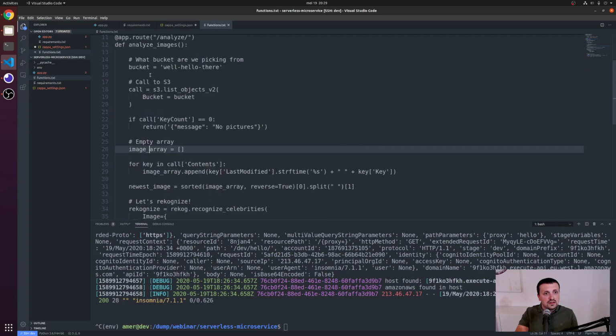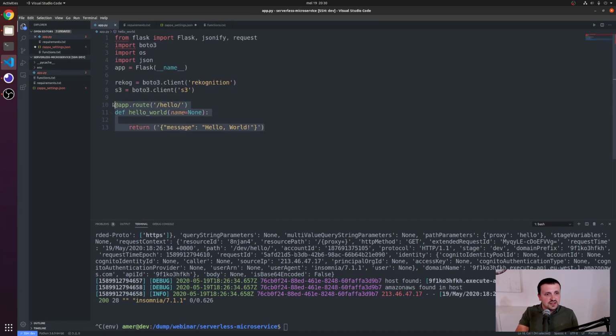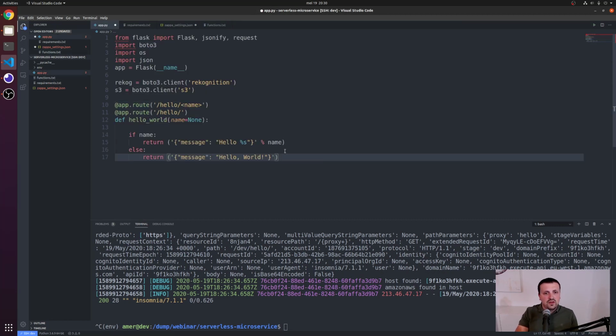Let's update the hello world method and make it a little bit more interesting. So what I'm doing is I'm looking at /hello, but I'm also looking at /hello and then a placeholder. In this case, it will be my name. And what it will do is see, okay, is there a name? If there is, then return hello and then the name. If there isn't, it will be just hello world again. So if I save this